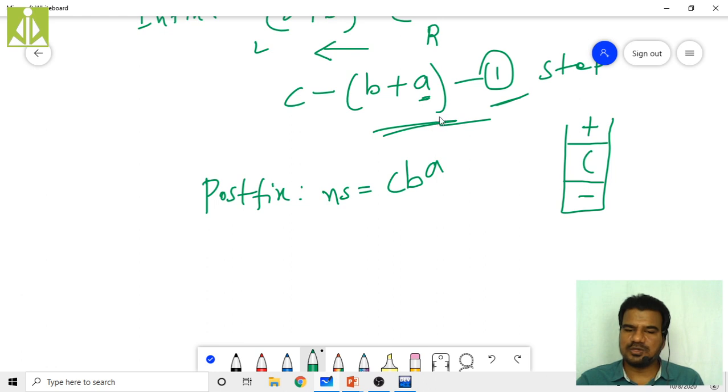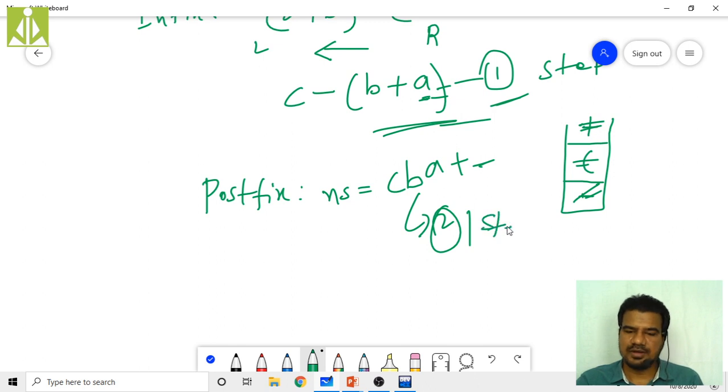Then what I have? Closing bracket. If you have the closing bracket, look for the matching opening bracket. Here I have the opening pair. So pop all the operators in between. I have only plus. So put that plus here. Then discard this and this. Then my scanning is over because I reached the end of the string. So pop all the operators from the stack. I have only minus. So pop this minus and put here. So this is your postfix expression of the intermediate expression.